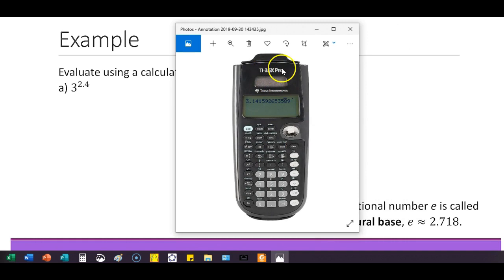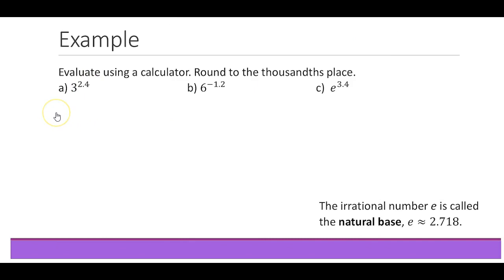So this is a TI-36X Pro. If you are looking for a way to get to the exponent, in this case it would be this little button that's X with a little box in the upper right hand corner. That will take you to the exponent location so that you can enter in 3 to the power of 2.4. On other calculators, it will be a symbol that looks like a little upward arrow, called a caret. So you press 3, then the caret, then 2.4. Go ahead and practice that on a calculator, and you will get approximately